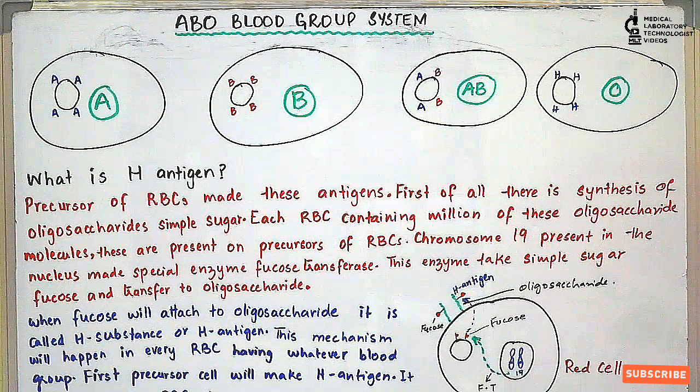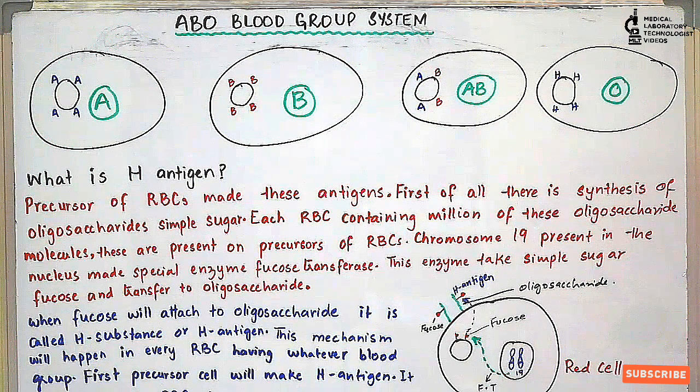First of all, you have to keep in mind that the classification, or the name, of the ABO blood group system is totally based on the antigens. It is not based on antibodies, but on the antigen present on the red blood cells. For example, if a person has blood group A, it means that person has A antigen on their red cells.